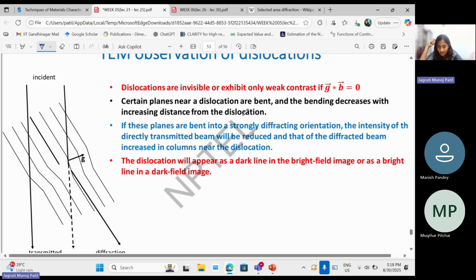Then there's this thing that is dislocation contrast. As I just said previously, this is very invisible, or has a weak contrast. That's why we take this cross product, and the first one is for diffraction related, this is for the dislocation related. This is like our Burgers vector. And as and when our diffraction is present, the dislocation contrast would turn out to be zero. So certain planes near that particular dislocation, when they are bent, the bending will increase, and hence increase the distance